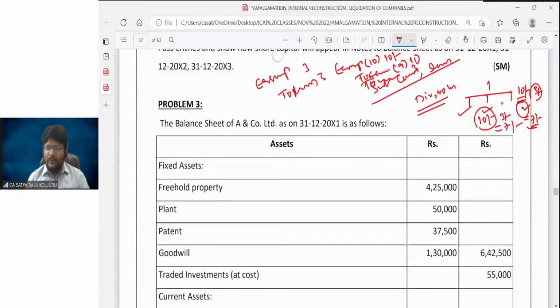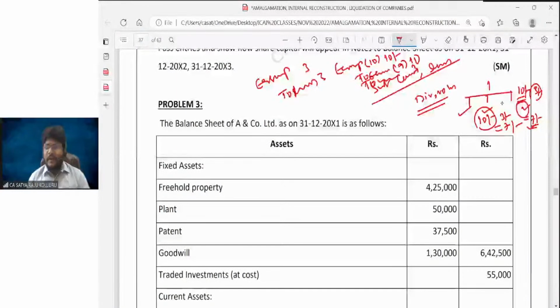And major issues, we also discussed things related to compromise and arrangement. In both compromise and arrangement, it is completely based upon the agreement entered into between the company and the outside party, or inside party. They may be the stakeholders of the company, that is shareholder or creditor or debenture holder or loan holder, supplier or anyone. Now what ultimately they will do, they will forego a certain amount based on the situation of the company. Now the accounting treatment we also saw: to the extent of sacrifice made by such party, we simply transfer to reconstruction account.